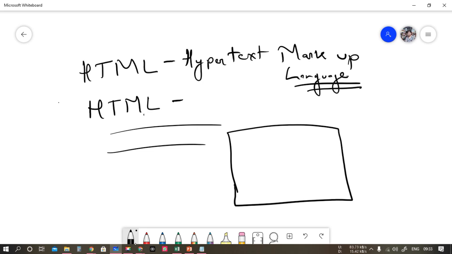Now if you want, you can write here with a red color. You can write the body in the blue color.